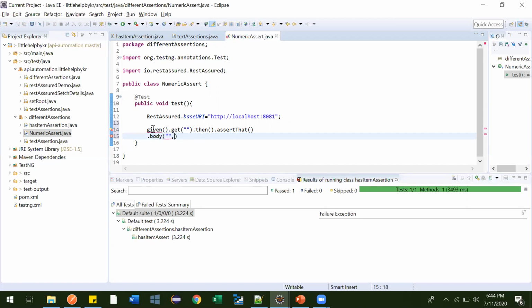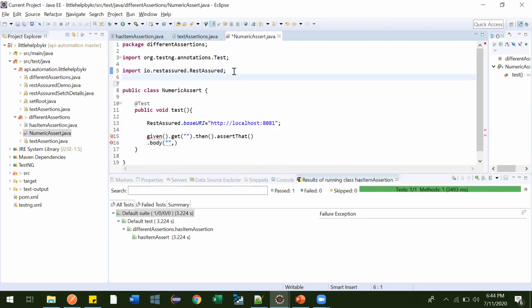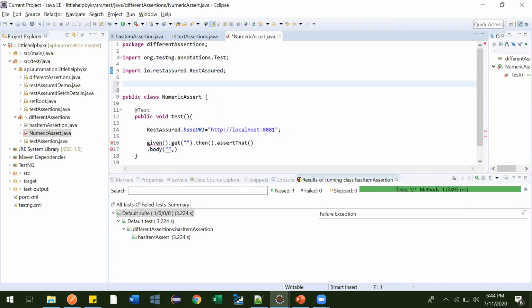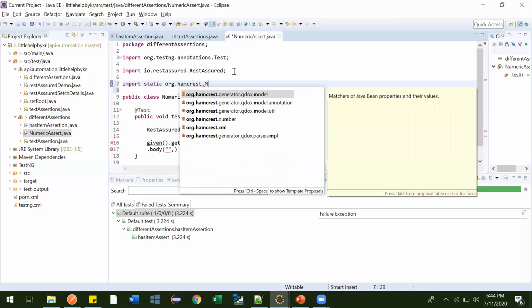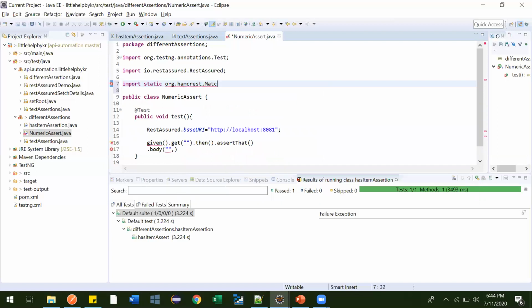So for given we need to import the Hamcrest jar file. I am importing static org.hamcrest.Matchers.*.